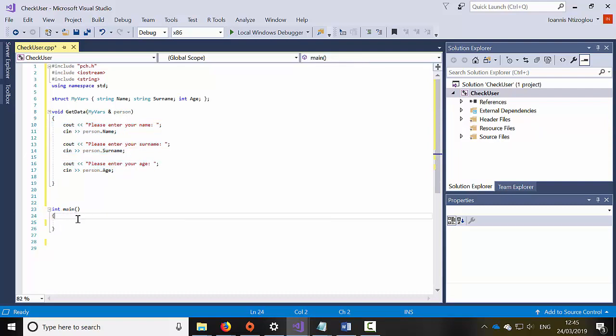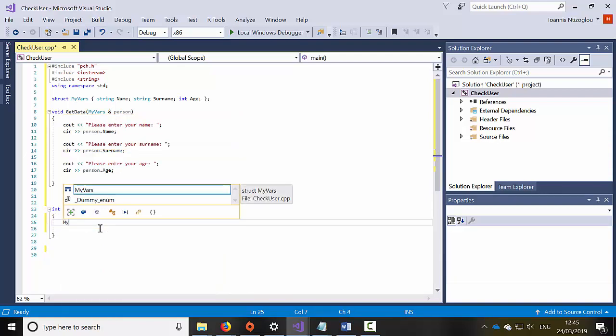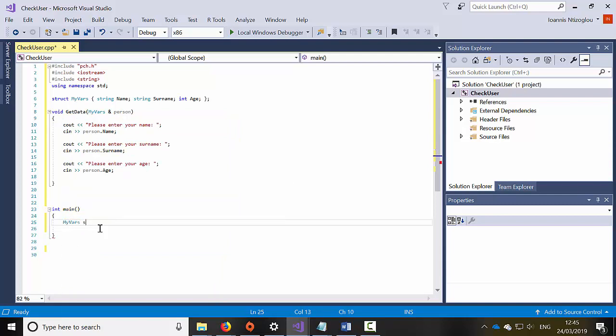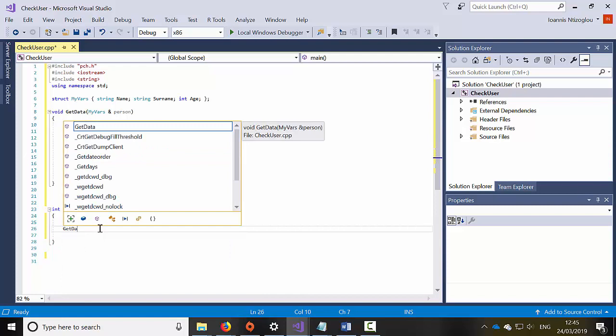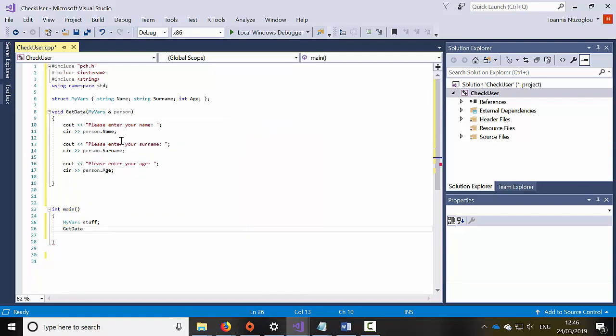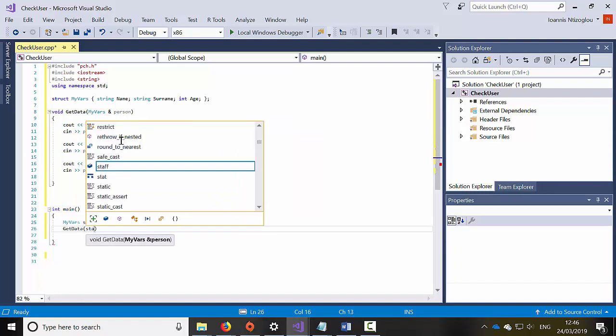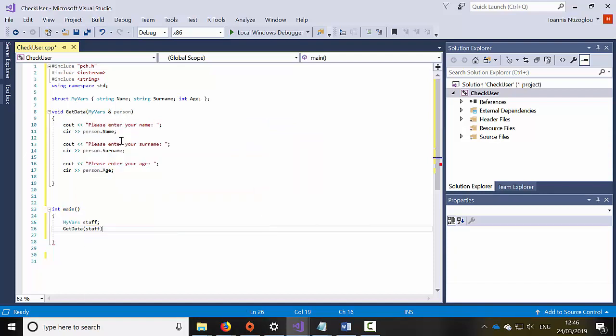So here now, within our main console app, we are going to type my vars, and then I will say stuff, and then I will say get data, and then I will say stuff, semicolon to end my statement. Then I'm just going to cout